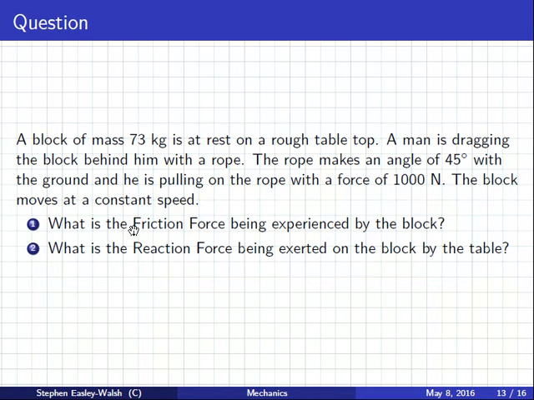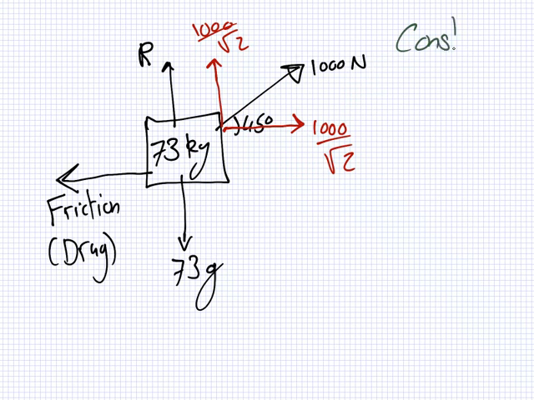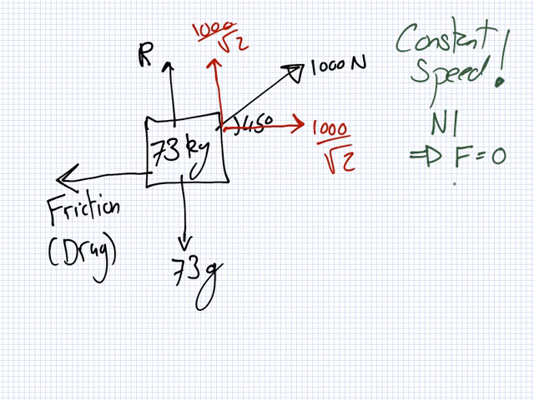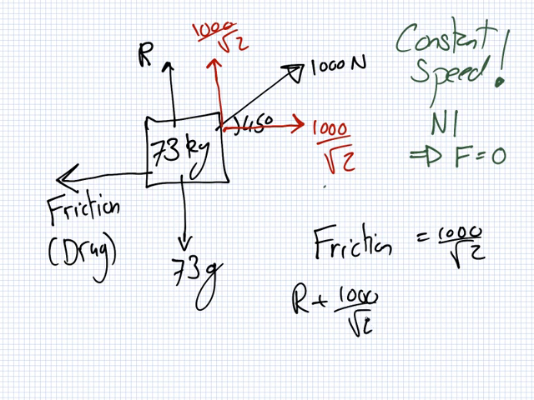Yeah, very good. The key here is that it's moving at a constant speed. And that's really important, because Newton's first law tells us that the total force should be zero if it's moving at constant speed. Because if it's at rest or at constant speed, there's no net force. So that's good, because that tells us that the friction on the left must equal the force on the right, and the force acting up must equal the downward force, only because it's moving at constant speed.